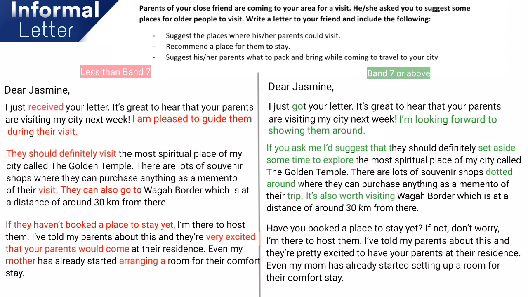So, what I did, I put a question here. Have you booked a place to stay yet? And it gave a different texture to my sentence. I believe now you can easily identify the difference, right? Here at this side, I have used the red color, and the red color coded sentences are those which are inappropriate in tone, right? And in green color, these are the substitutes, the right things to make our sentence more informal.